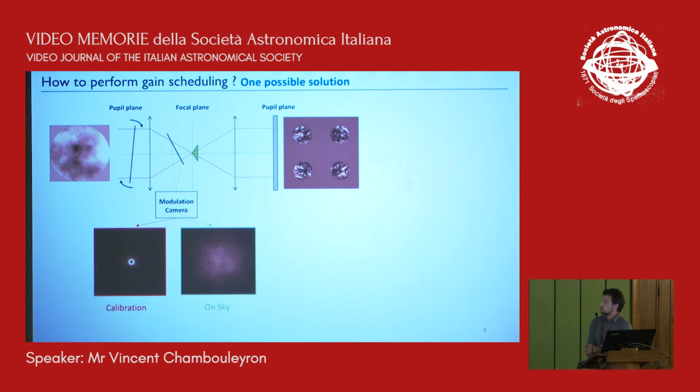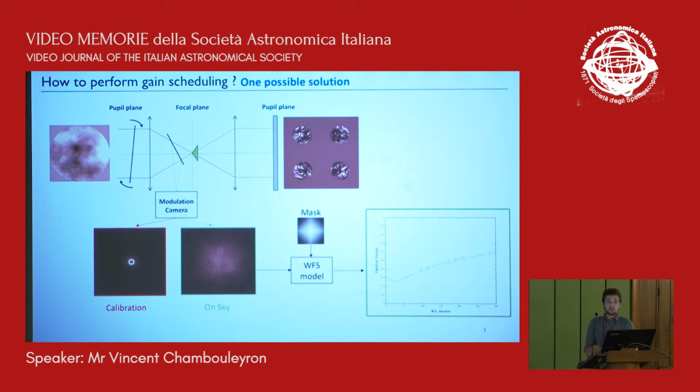If we put this data in a wavefront sensor model, where we need just this image of the modulation camera and the shape of the mask of our wavefront sensor, here a four-sided pyramid, we can find back the optical gains. Just to remind you quickly, the optical gains encode a loss of sensitivity. For example, if I take this mode, like 150, if you send one of these modes, you will get 0.46, for example. So it's encoding a loss of sensitivity when you're on sky.